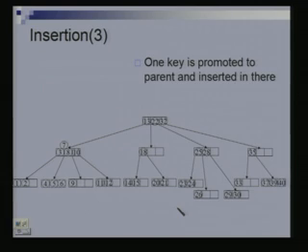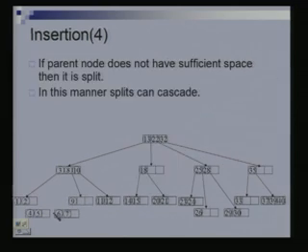7 is between 3 and 8, so we should follow this second child, this second pointer. So it should come here and we want to put it here, except that there is no space, so we will split this node. 2 nodes created, 4, 5 go to the left node, 6, 7 to the right node. Okay? We get rid of this one now. These are the 5 children of this node now. Okay, so what did we say? The smaller node that we have created, we will promote it. So let's promote. We have promoted 5 here.